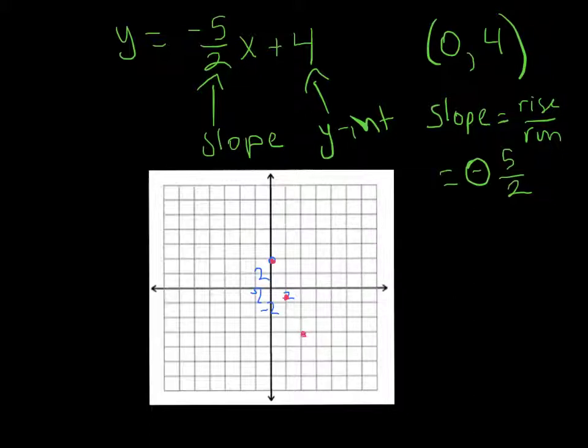So then going back to our y-intercept (0, 4), if we apply the negative to the 2, to the run value, or the x value, we're going to be plotting points to the left because we're going to be moving backwards on the x-axis. Therefore the points are going to have to be above this original point in order to have the negative slope. So if we move back 2 spaces and then go up 5,